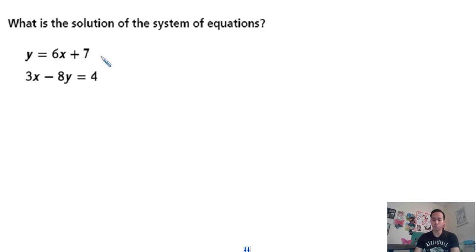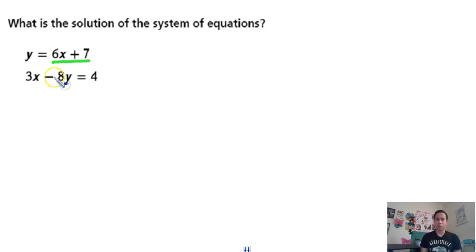Now let's proceed with the first example on your screen. We have y is equal to 6x plus 7, and the other one is written in standard form, 3x minus 8y is equal to 4. I want to highlight that the value of y is 6x plus 7, because your objective now is to come up with just one variable. The term is substitute, because that's why the process is called substitution. I'm going to substitute that value of y